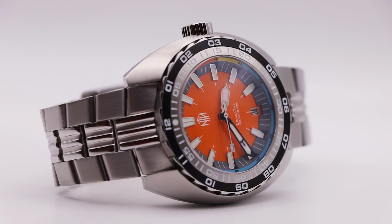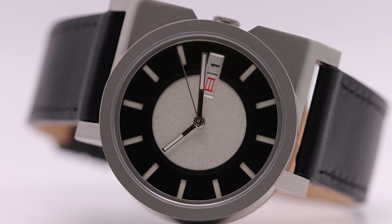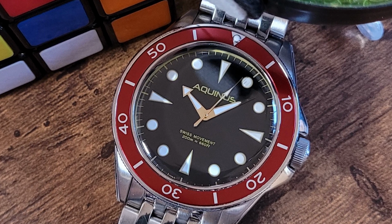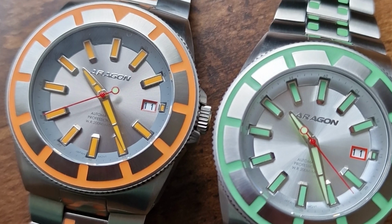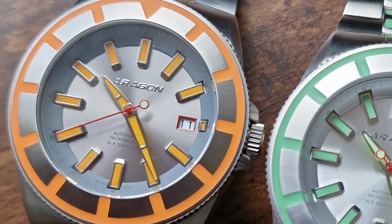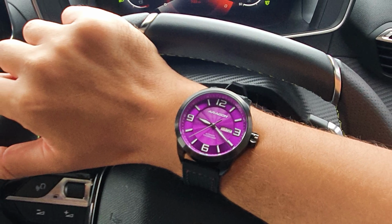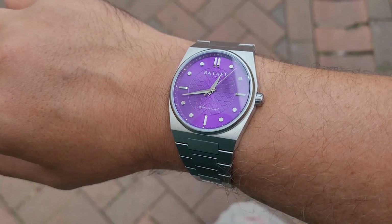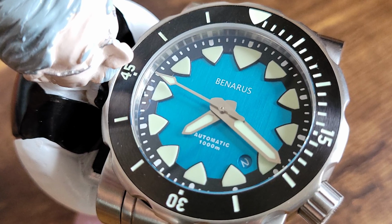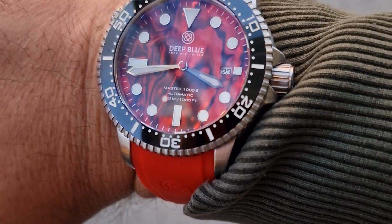So all the watches that I've had in my collection in 2022, in alphabetical order, are the Ando A1 Automatic, the Aquinas Marelio, Aragon Bioluminescence Green 44mm, Aragon Bioluminescence Orange 44mm, Aragon Bioluminescence Orange 50mm, the Aragon Caprice Pilot, Aragon DF45 T100, Aragon Regeneron, Batavi Architect, Belarus Mako Laguna, Bruder Clifton Sport, Bruder Hampton, Chronologica The Jumper, Deep Blue Master